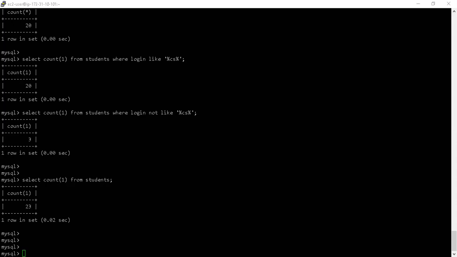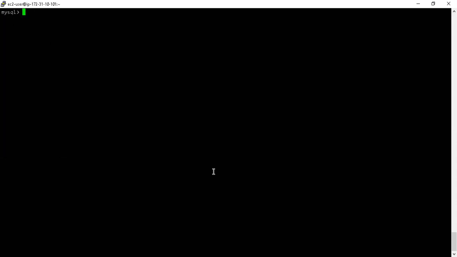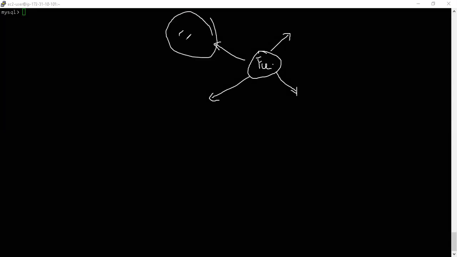Okay, just before we close, let's quickly look at a very quick kind of a definition or differentiation between four types of functions which are very useful. We have seen some of them already, but I just wanted to give them some name. I believe I did not do this earlier. I should have done that. The first kind of function that we have used or will use are called string functions. These are things like upper, lower, and all these things that we have used already, right? So that's one kind of function which is there in MySQL, right?